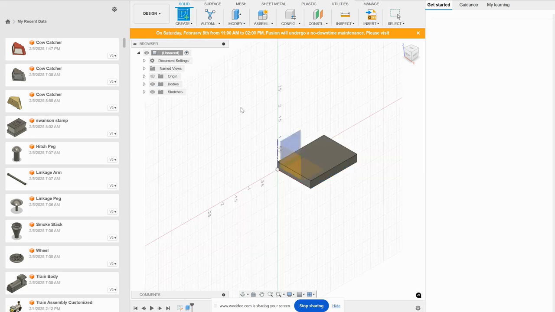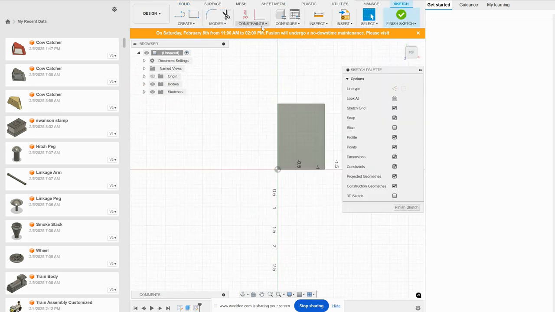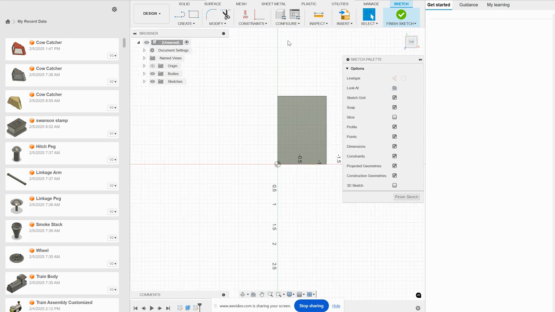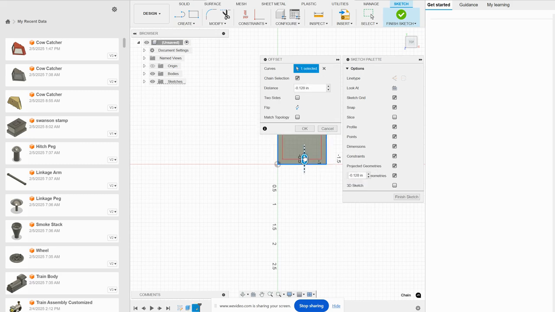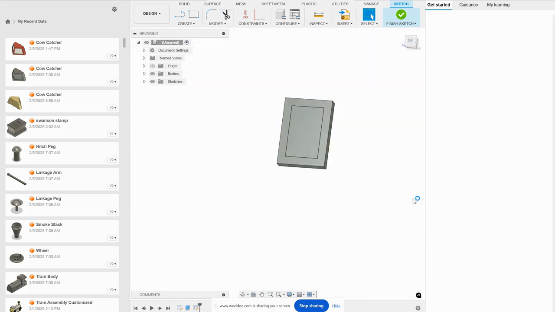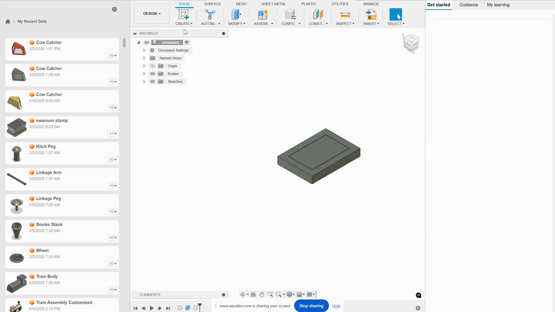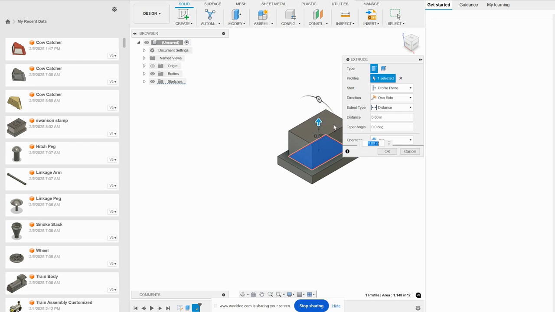Now I'm going to make another sketch on that surface. I'm going to do an offset of this, and I'm going to bring it in about 0.2. Click finish, and finish sketch. So this is going to be pretty quick. I'm going to hit another extrude, and I'm going to go up